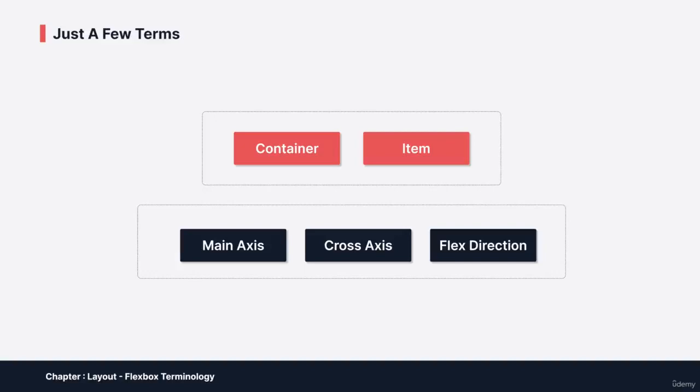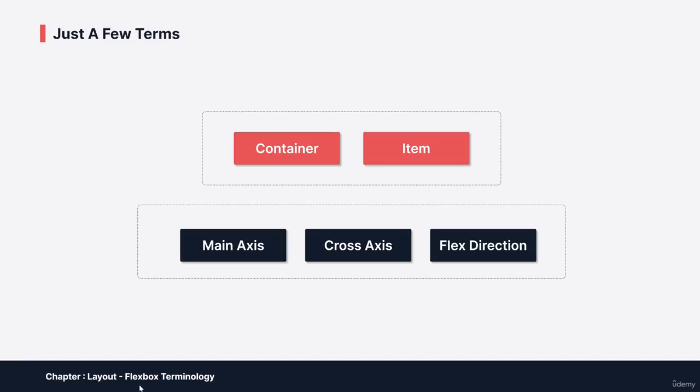So we covered the easy terms above here. Now it's time to shift gears a little bit and take care of those terms on the bottom. That will be probably a little bit more difficult. However, I would argue that in order to be able to work with Flexbox, in order to understand Flexbox,